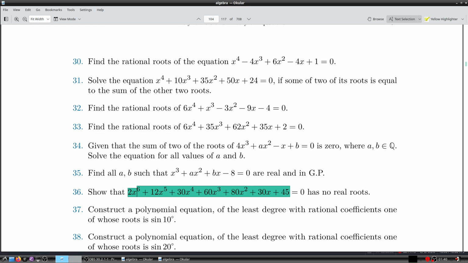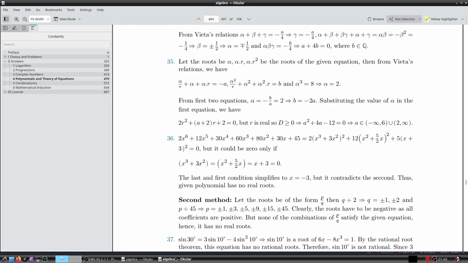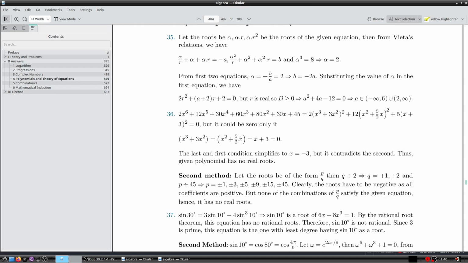Now we solve question number 37. Construct a polynomial equation of the least degree with rational coefficients, one of whose roots is sine 10 degree. So we have sine 30 degree is equal to 3 sine 10 degree minus 4 sine cube 10 degree. So sine 10 degree is the root of